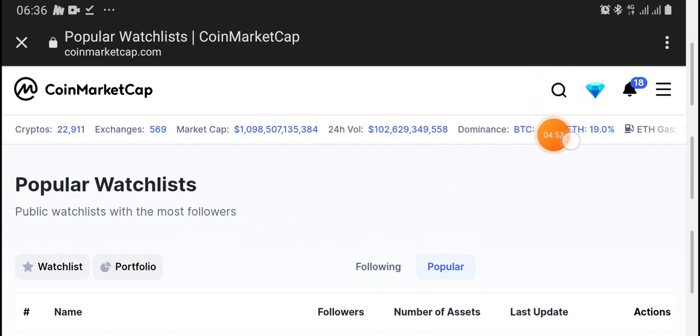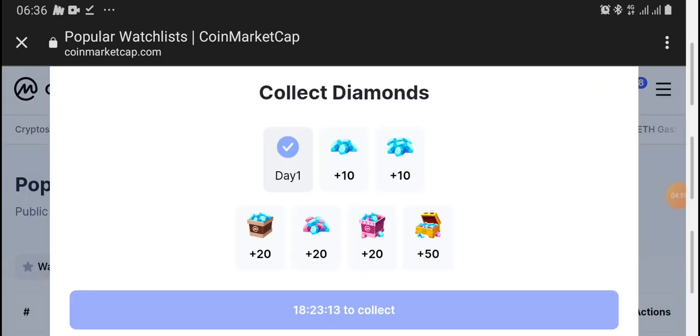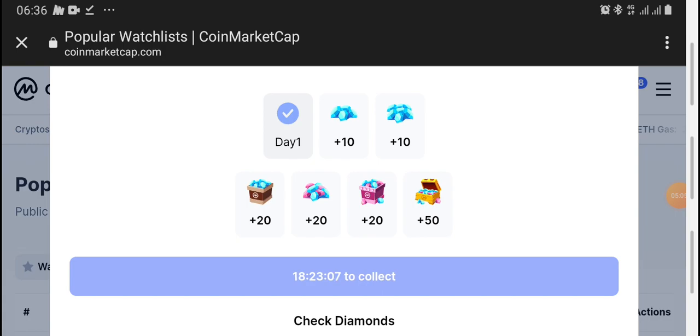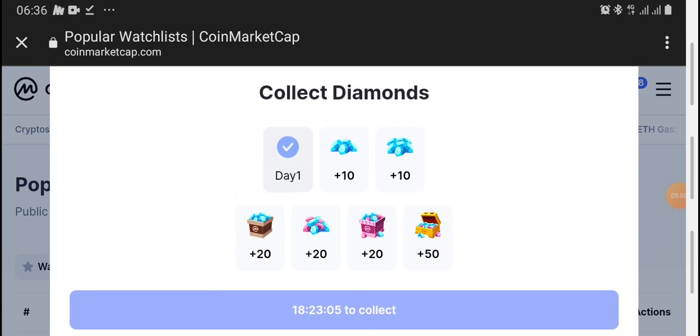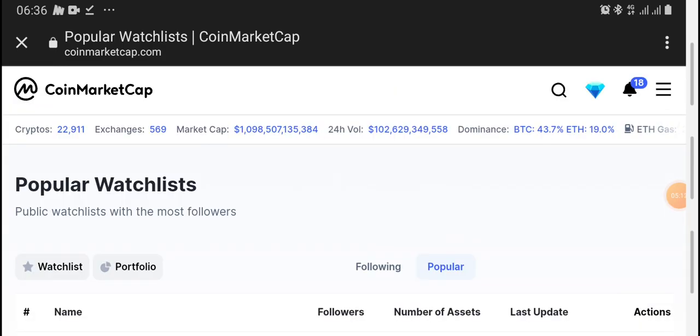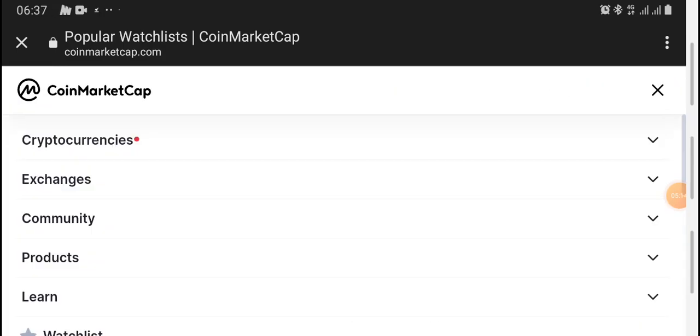Right here is the search bar. This is the diamond earn, and here is the notification. If we hit this diamond, this is where you come to collect daily rewards in the form of diamonds right here on CoinMarketCap, just like CoinGecko's candies. If we hit over here, this is the main menu icon where you get to see the different